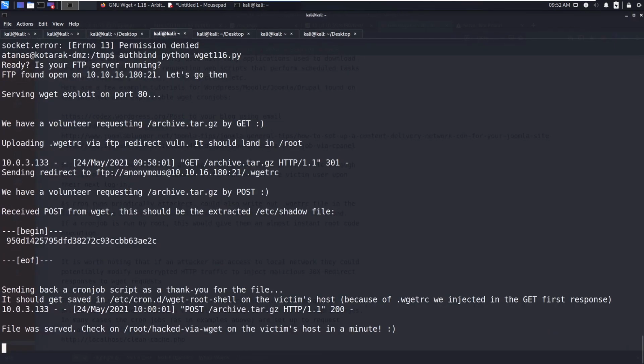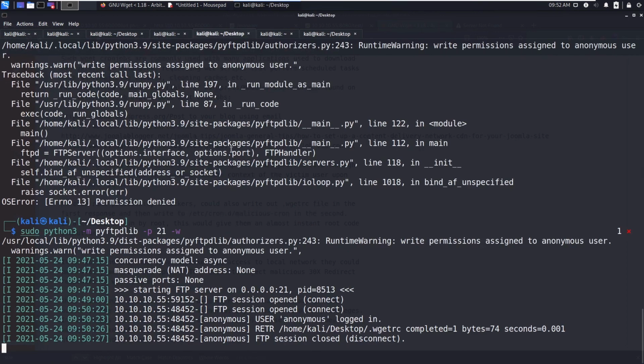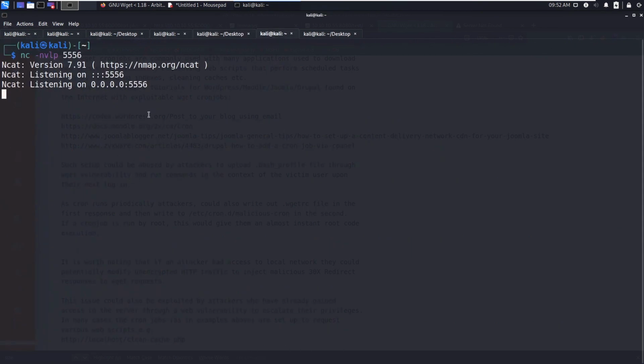So now you can see the hash here, that is the root flag, and now we are sending the cron job as a response, and it is going to be stored in this wget root shell, because that is what is in the wget-rc. Now we should see the root shell in 2 minutes, I think.